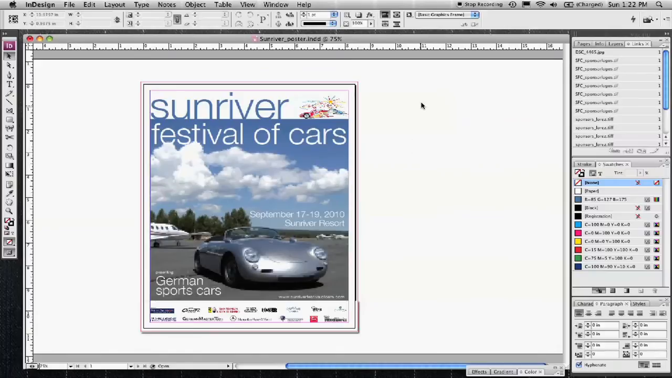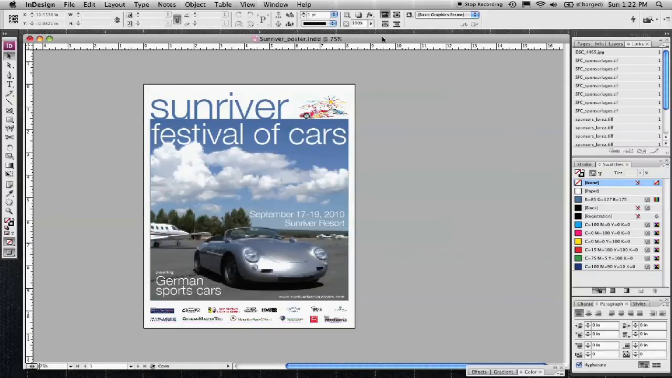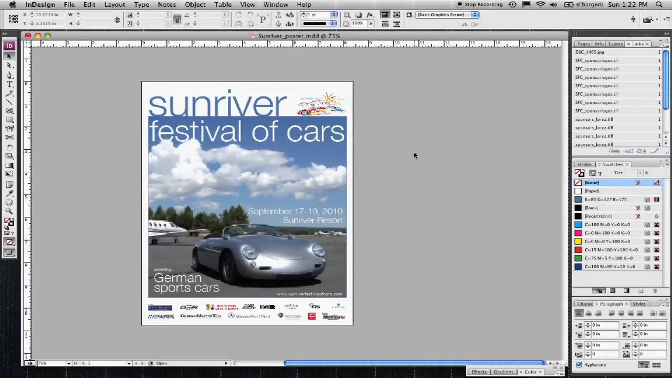So what I've created here is a poster for a car show, a car festival of sorts. As you see, there's not a lot of information here. It doesn't have a long paragraph explaining what the Festival of Cars is. I think that would be fairly self-explanatory. If it's not, then you would need to put some sort of a tagline as far as what it is,